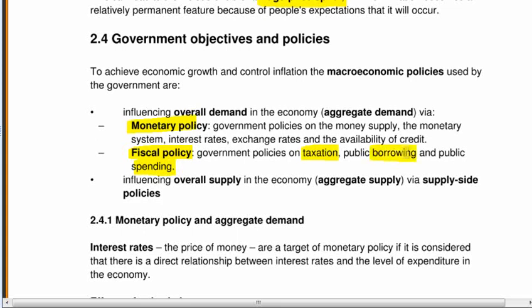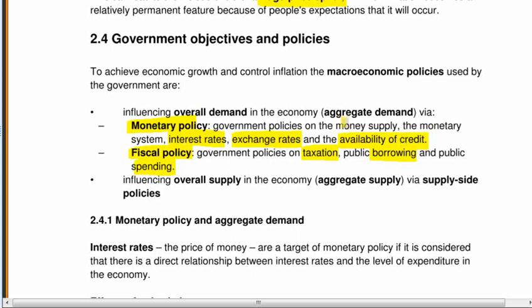Monetary policy is the ability of the government to, in particular, change the interest rate, but also change the exchange rate, that's part of monetary policy, and also influence the availability of credit. Okay, and again, there's been a lot of talk of that in the press recently, hasn't there, with the banking crisis, and you may have heard the expression quantitative easing. Okay, that's all about the government trying to get the banks to lend more money, okay, particularly to businesses. That's a part of monetary policy.